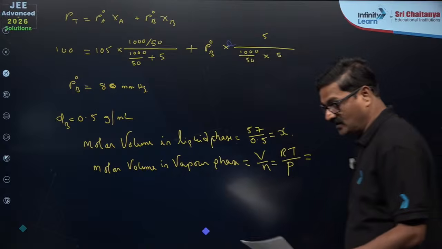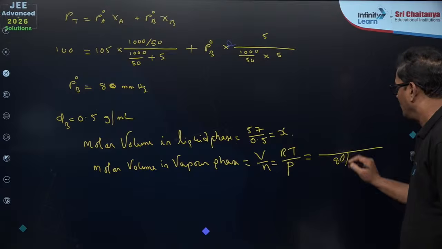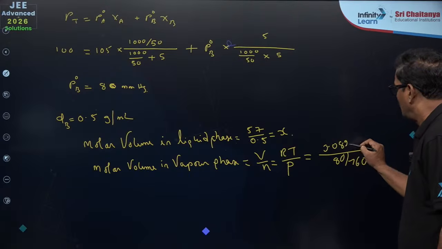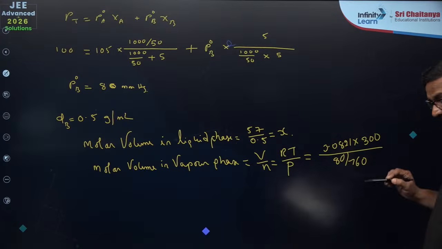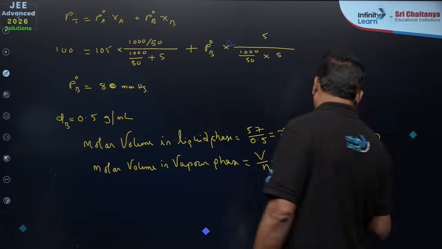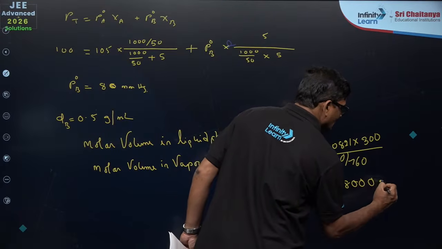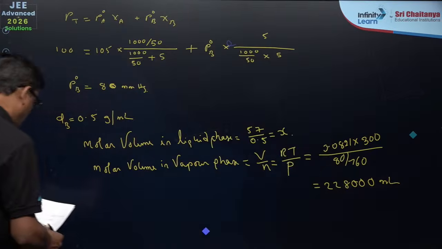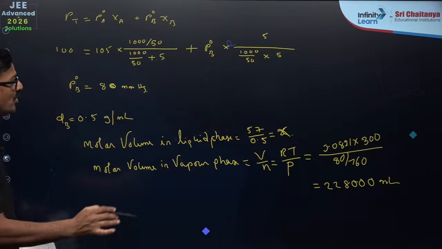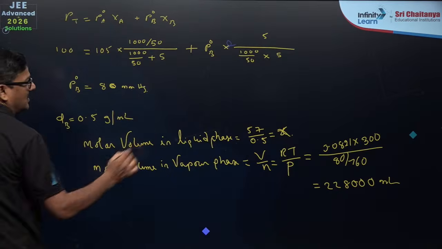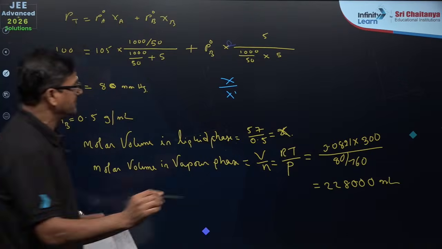So, it is given as P 80 mmHg and 760, and R value 0.0821 into temperature, it is given normal 300. Okay. On solving, you are going to get 228,000 milliliters. Okay. And we can take this to be x, and the ratio of x and x dash you can take it as 57 by 50